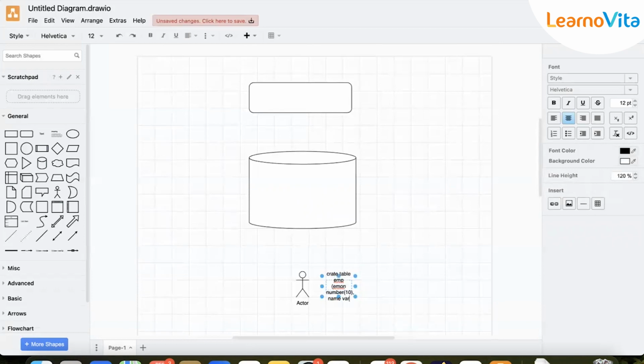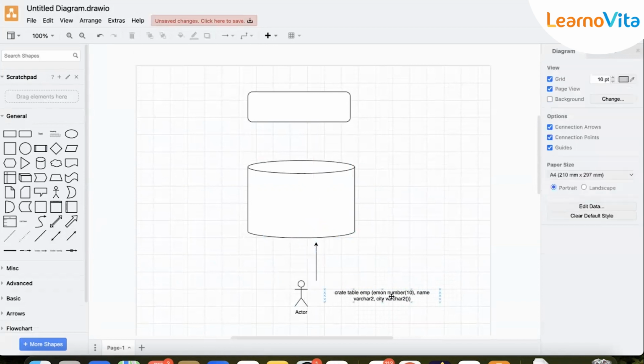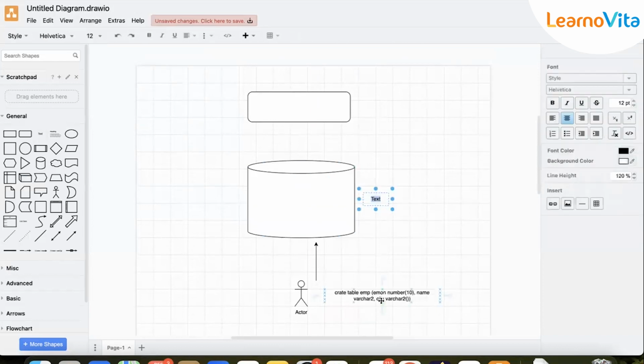Name, which is varchar2, will go to the database. It will first check whether the statement is valid or not. Whether the statement is valid, like create table employee. So it will check whether that employee table already exists or not. Then it will check the EMP number, the characters, everything given, whether it is correct or not. Okay. Now, if it passes,